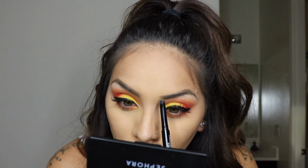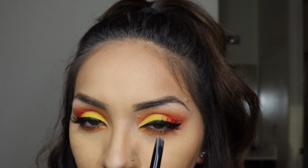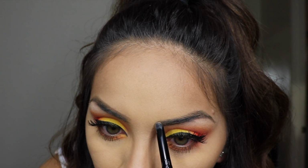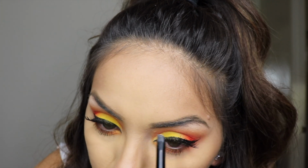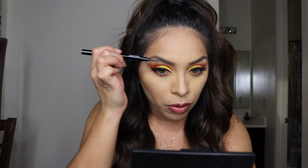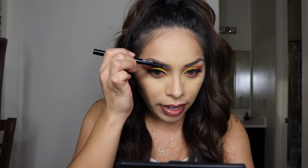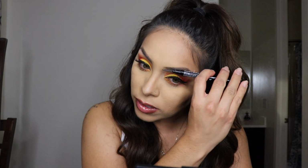Now I'm gonna go a lot closer to where my natural hair is. I know it looks really funky right now, don't worry, we're gonna comb it out and everything, but I go a lot closer to where my natural hair is, and I start to draw out this brow. Once you have drawn out the shape that you want, just go in with the other side of the brush or just a spoolie, whatever you have, and comb it out